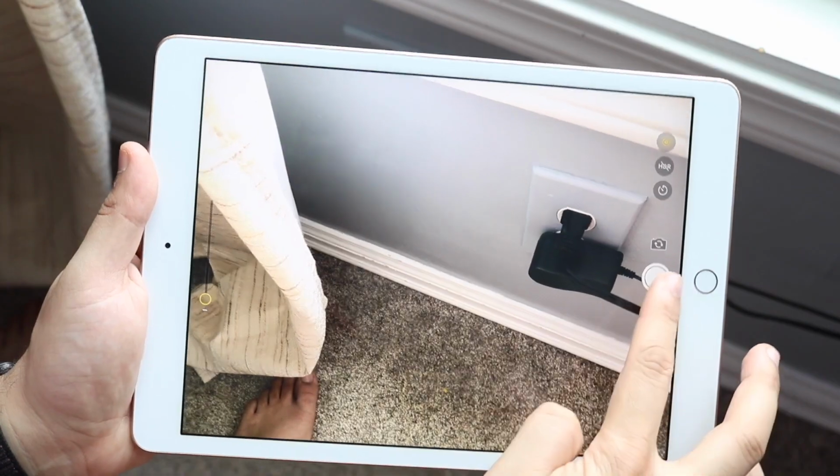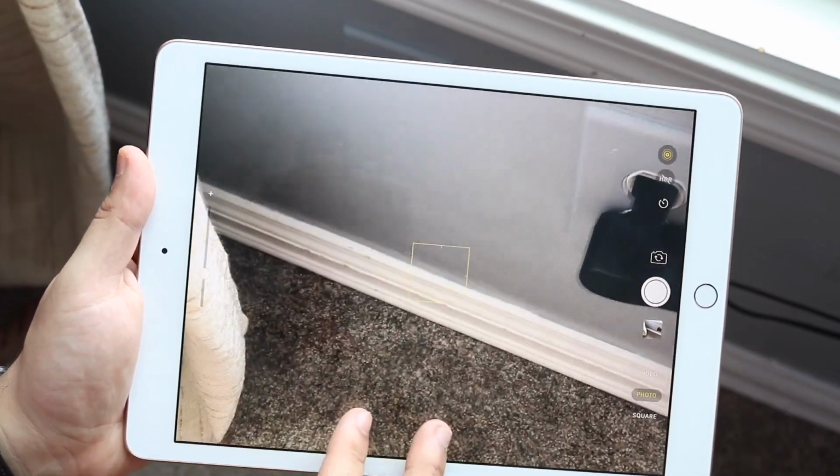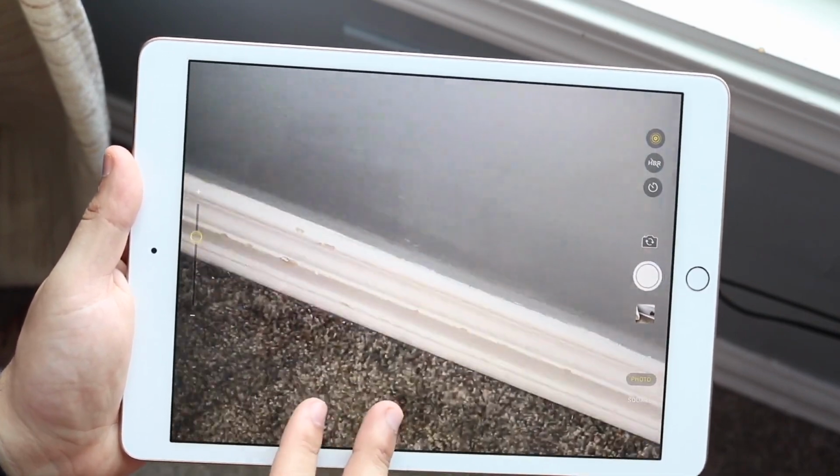So there's only 1080p video on the back, and there's only 720p video on the front. Now, is it a big deal? Well, it's kind of a two-part story. One,